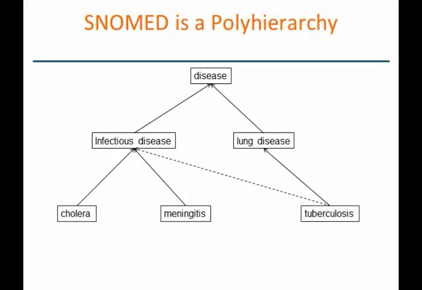because we could ask the computer to say, well, what is tuberculosis? Well, it would point to a lung disease and an infectious disease. That would be very helpful. Or we could say, what are three common infectious diseases? Well, it would be cholera, meningitis, and tuberculosis. Or in another query, we say, well, what are some lung diseases? And tuberculosis would show up. The polyhierarchy has great